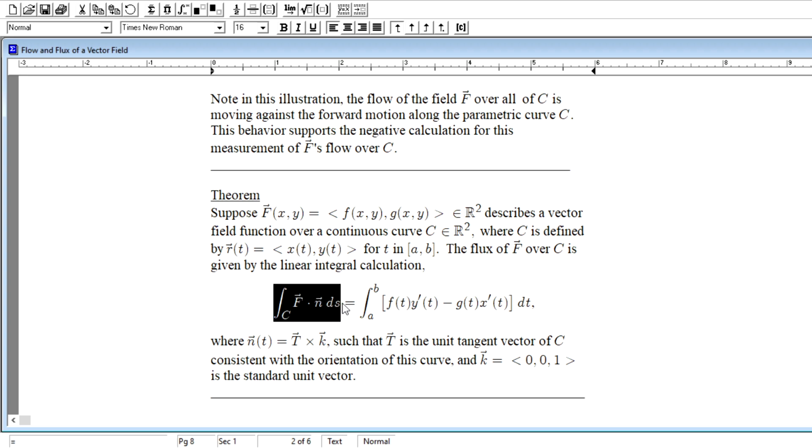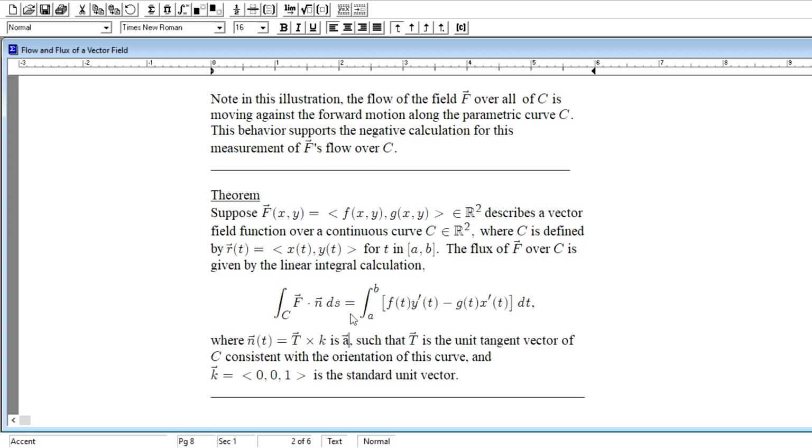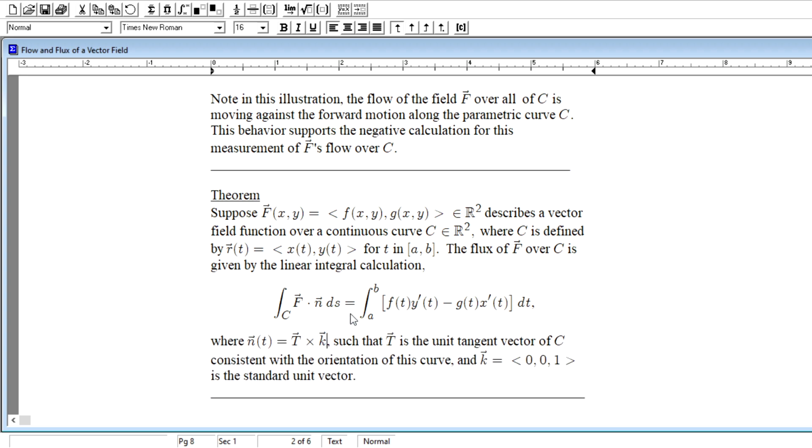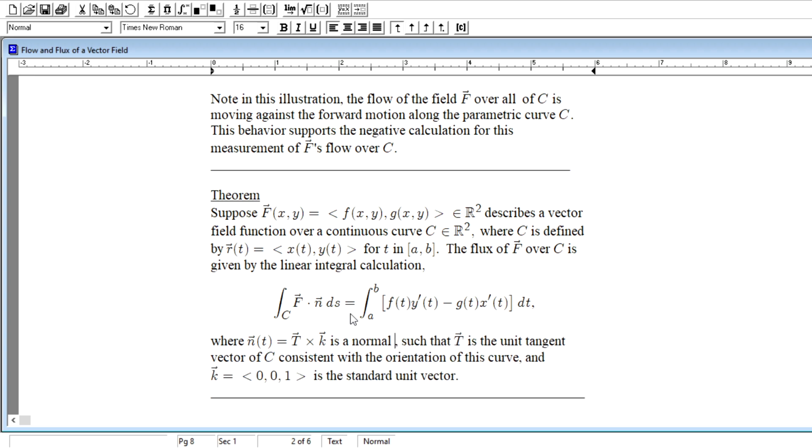Right? This does match up with the book a little more. I've just used little n bar instead of big N in this calculation. Right? Little n bar is just a vector that is normal to the curve. It doesn't necessarily have to be what we call a principal unit normal vector. Right? Where n bar at t is, well, let me say it this way. It is a normal vector to R bar, or really maybe we should just say to C, at parameter t,